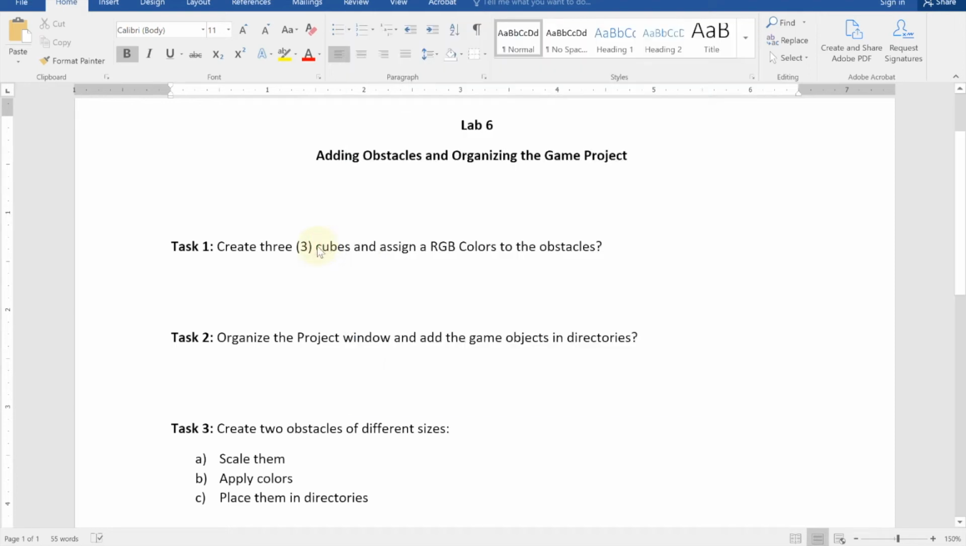All right, so today we're going to work on lab number six. Lab number six is going to be a very easy and short lab as well. We'll have just a few things to get done in lab number six. We'll see, of course, in the last video, we added a couple of obstacles just to see how the